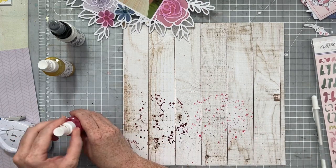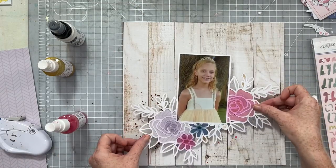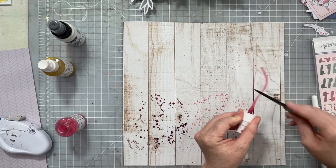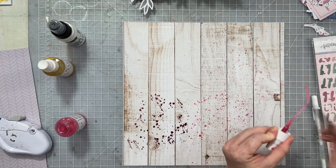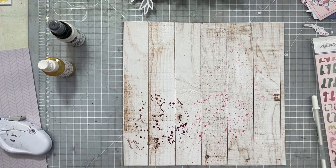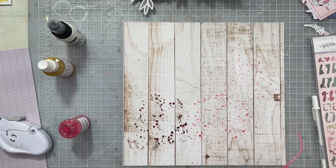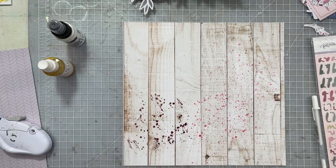Sweetheart, Glory Days, and then I have some Ranger gloss spray in white. So the pink and the purple, the mauve and the sweetheart, I'm trying to get them so that it's splattered underneath where that mauve-y purple colored flower is, and then where the pink flower is. And again, over splatter. You want to splatter like there is no tomorrow, because once you put that cut file down, most of what you splattered is going to